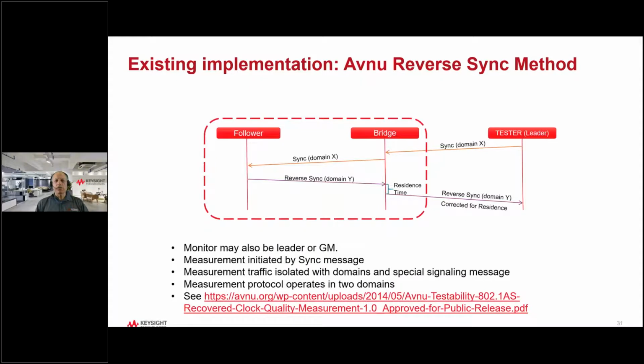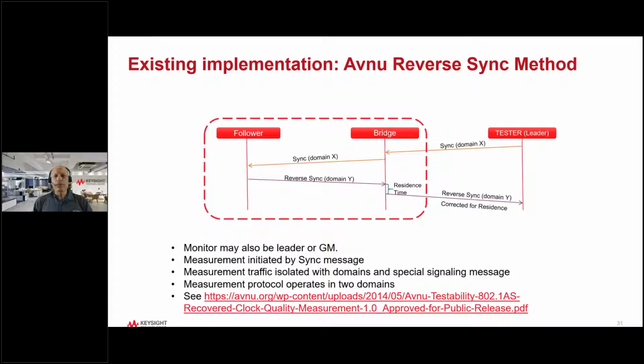Typically a bridge is going to use the best master clock algorithm to select, within a given domain, only a single best master clock, and it's only going to propagate that one. Now, if you have two sources in the same domain, you don't want it to pick the one coming from the follower, but assuming the follower was smart enough and didn't send announce messages, or sent an announce message indicating it's a really poor clock, it wouldn't be picked.